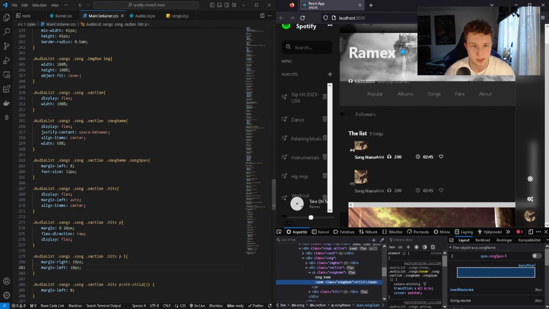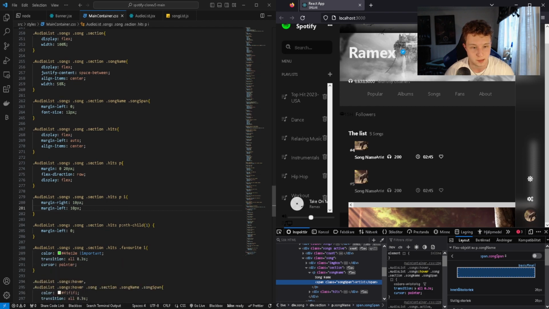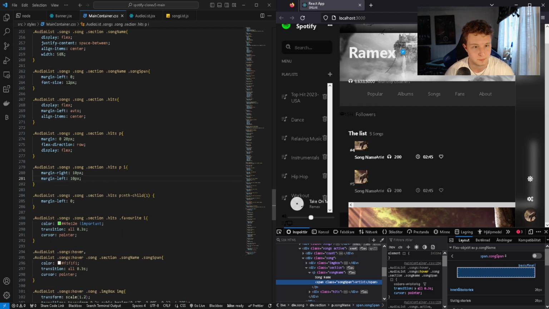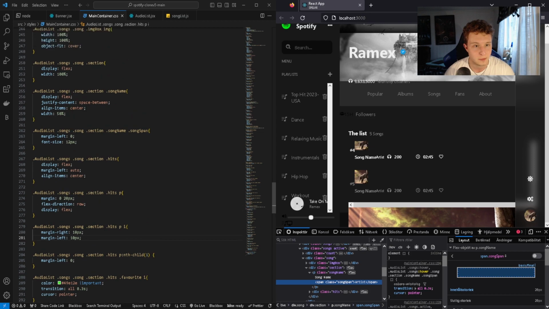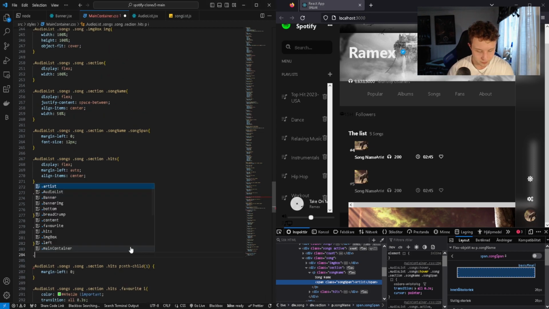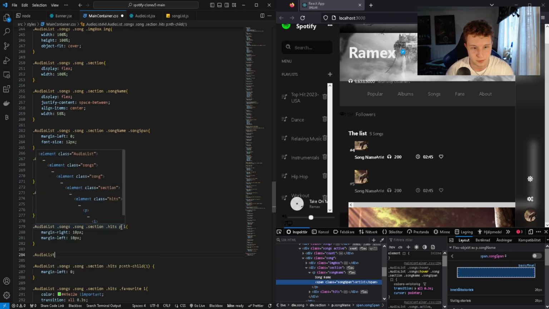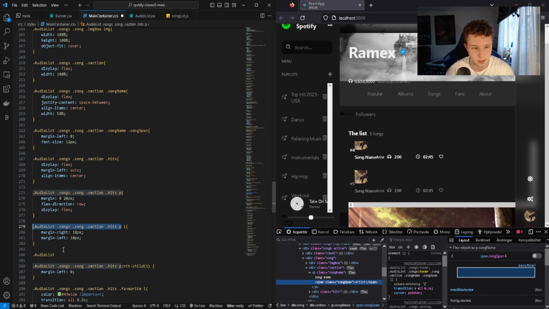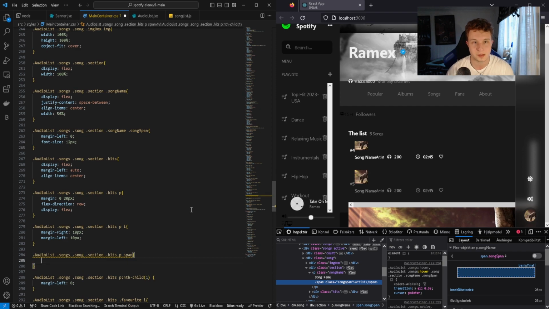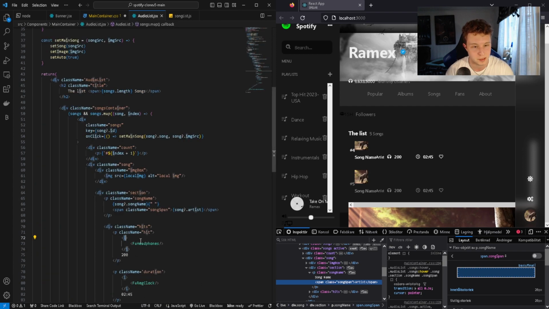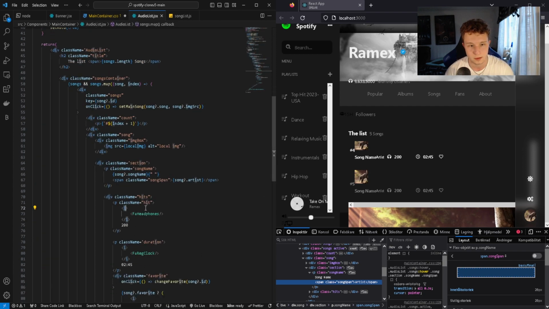So let's see where the span is, and it is essentially the span inside of the P tag. And I think we don't actually style that, so let's add that here. So it's going to be .audio list. We can actually just do this instead. We copy this whole line here and type span, and I'm just going to double check to see where the span is, just to be sure. And it's actually .song name, so we want to